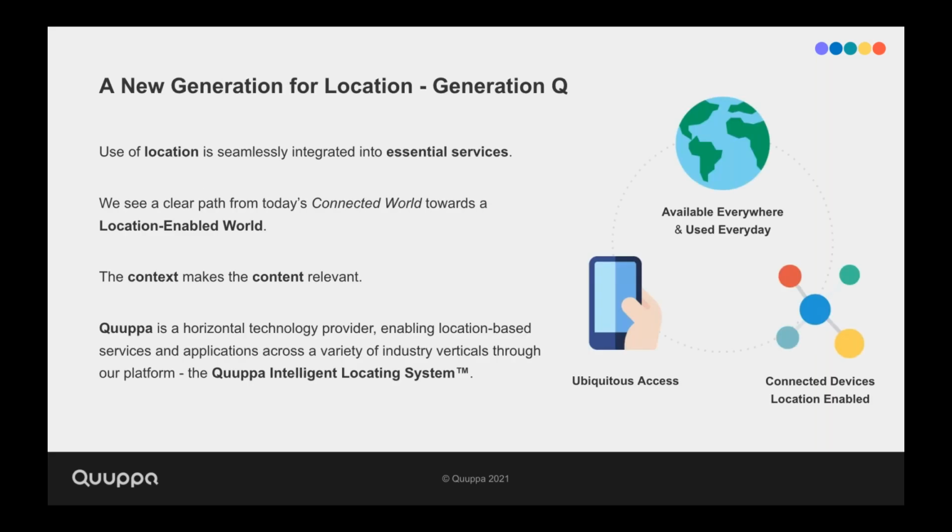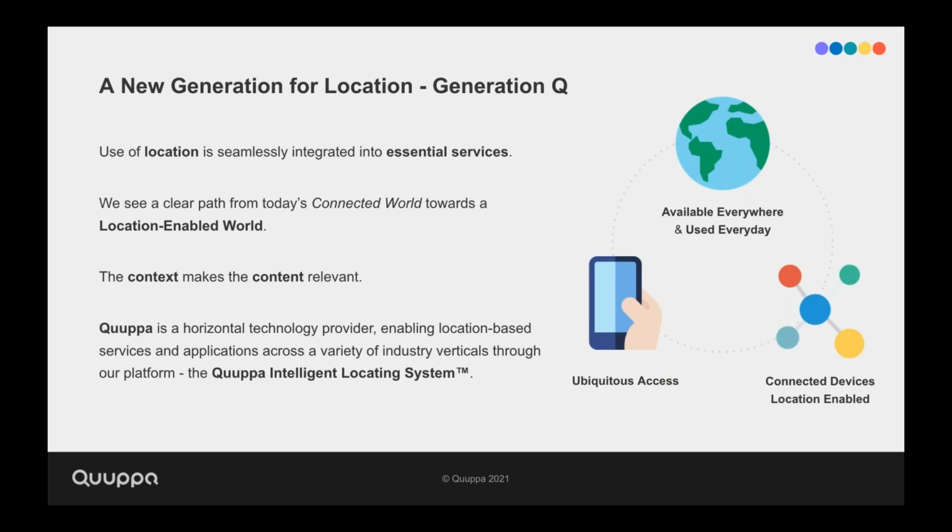Some of you may have attended our virtual event last year, where our Chief Customer Officer and co-founder Fabio Belloni described what the world would look like in 10 years, and the concept of the context making the content relevant. So we're building this future where the use of location is seamlessly integrated into our essential services used all over the world every day.